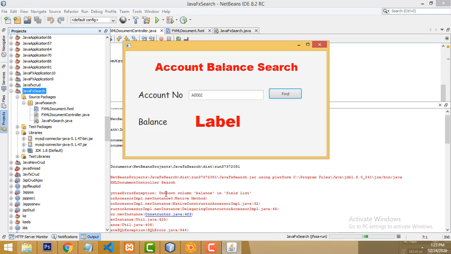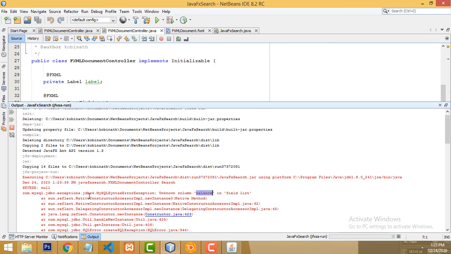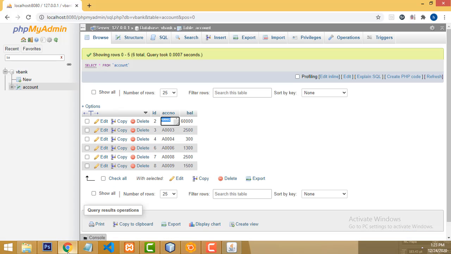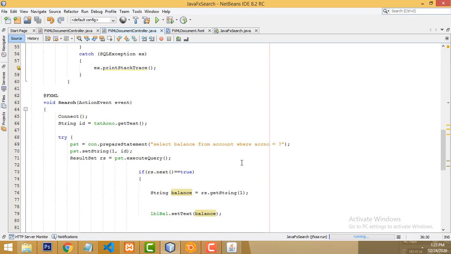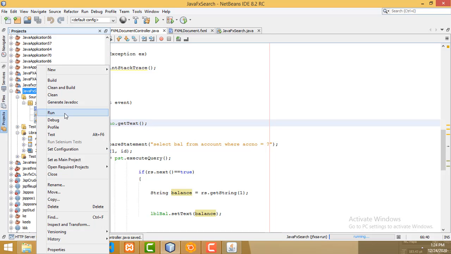What's the problem? Unknown column balance. When you get an error, you must read the error. Unknown column balance. Here it is BAL, so I have written it wrong here. Again, run and check.